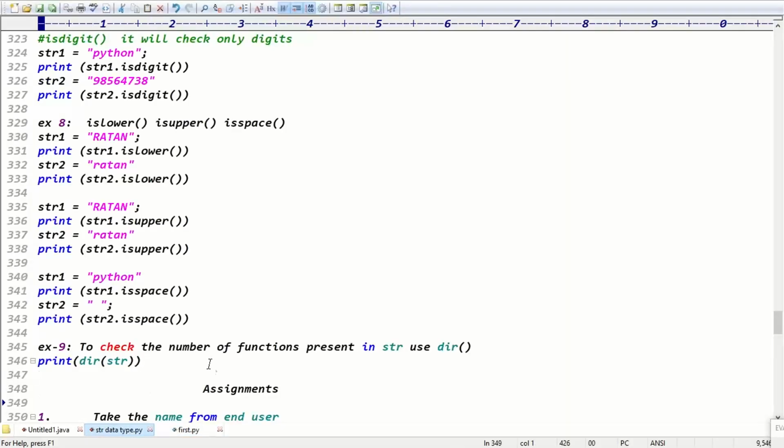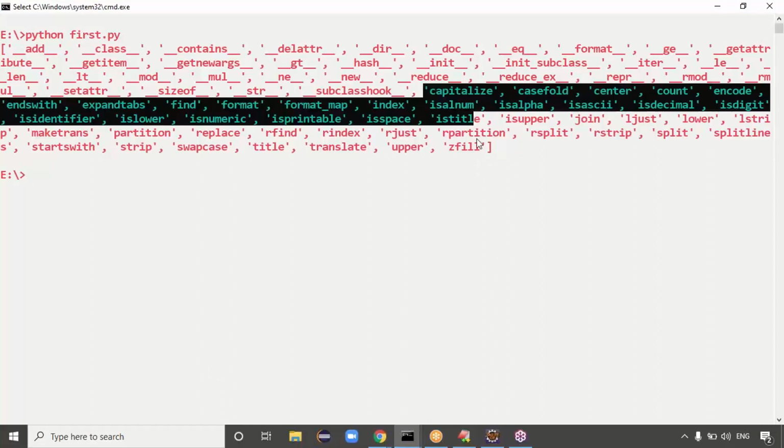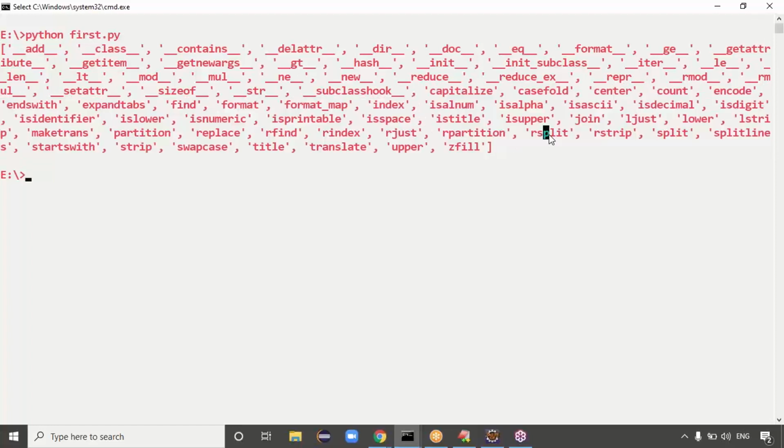That's it. If you need any function information, just try to Google it. If you feel that a function is important, please let me know in tomorrow's class. Guys, try to see these functions. If you want to check any function, like isascii, isdecimal, isalnum, isalpha, isdigit, isidentifier, islower, isnumeric. Yeah, isdecimal and isnumeric just check whether the data is decimal data or numeric data, right?